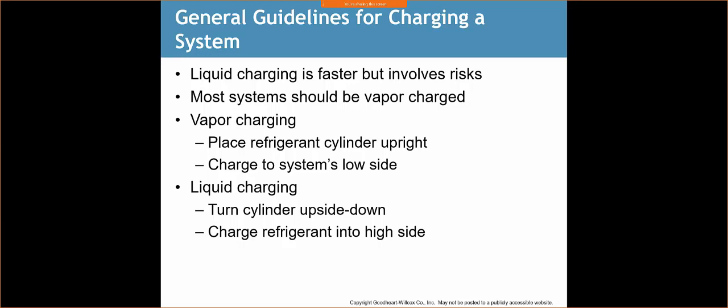Most systems should be vapor charged. The only time we don't charge as a vapor is when we're dealing with blended gases, like 410A. We're going to charge it as a liquid to keep fractionation from occurring, and we're going to make sure that we're getting the correct refrigerant blend going in. Vapor charging, cylinders upright. Liquid charging, turn the cylinder upside down, and we're going to charge refrigerant into the high